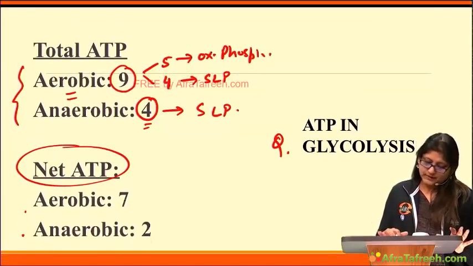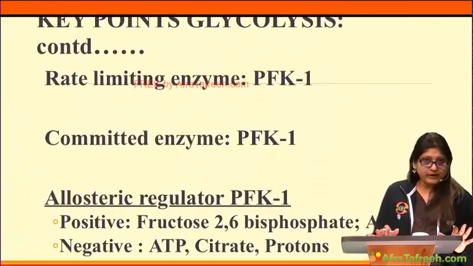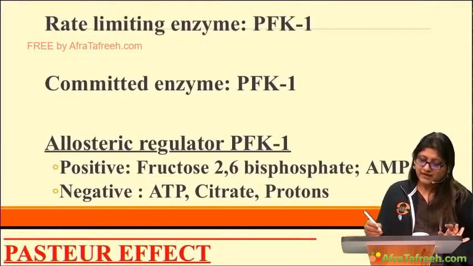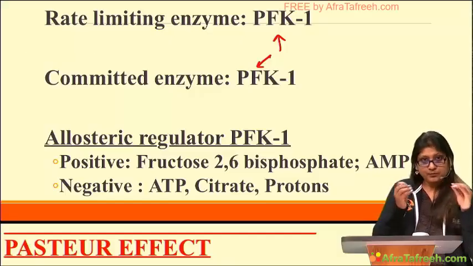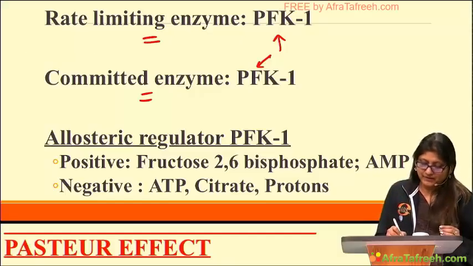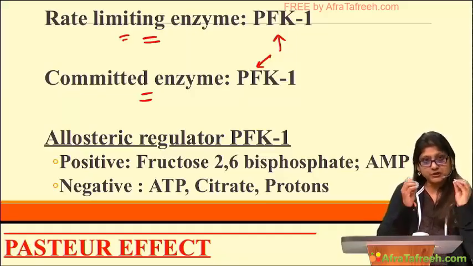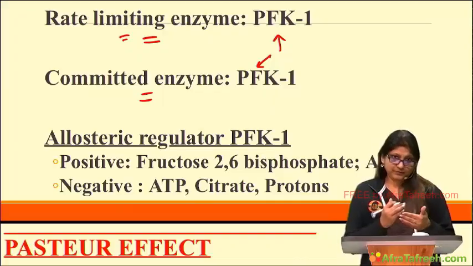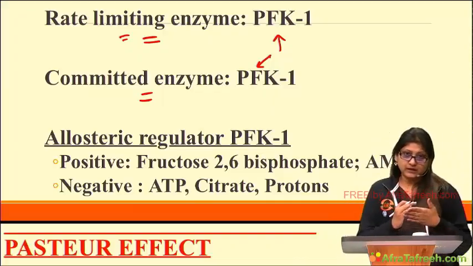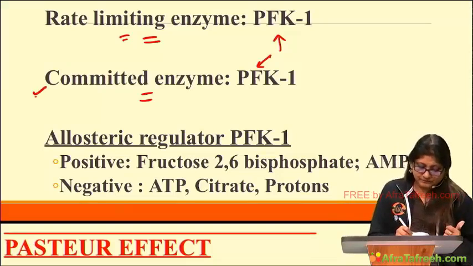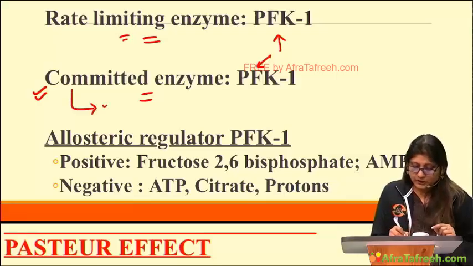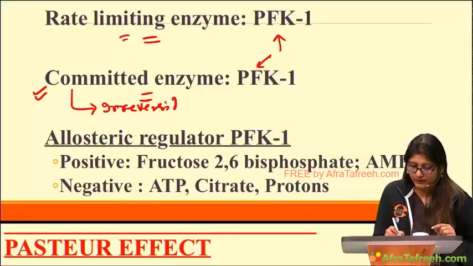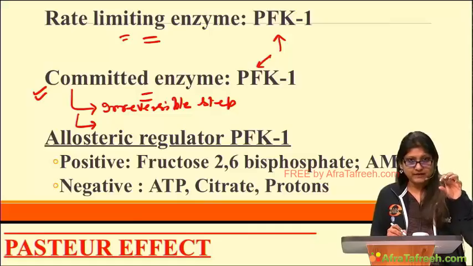So these are the numbers of ATP. Now the key point in glycolysis, if anybody asks you, though nobody is asking you this now, but it is important for you to know that PFK1 is acting both as a rate limiting enzyme and a committed enzyme. Rate limiting enzyme determines the rate of the biochemical pathway. So it is PFK1 which is acting as a rate limiting enzyme. And when we say committed enzyme, incidentally that is also PFK1. So committed enzyme, when we are talking, number 1 should be an irreversible step, and number 2, it should produce some metabolite